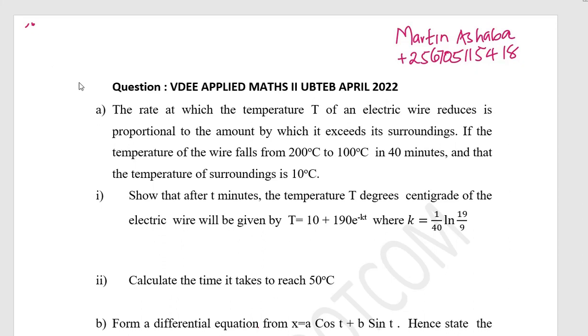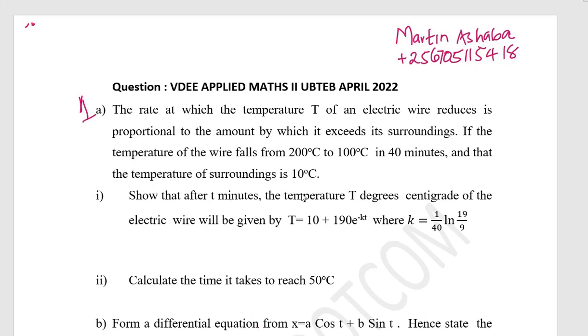So this question says, the rate at which the temperature T of an electric wire reduces is proportional to the amount by which it exceeds its surroundings. If the temperature of the wire falls from 200 degrees Celsius to 100 degrees Celsius in 40 minutes, and the temperature of the surroundings is 10 degrees Celsius, part 1 of this question says, show that